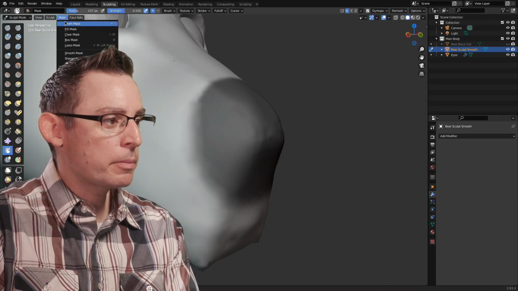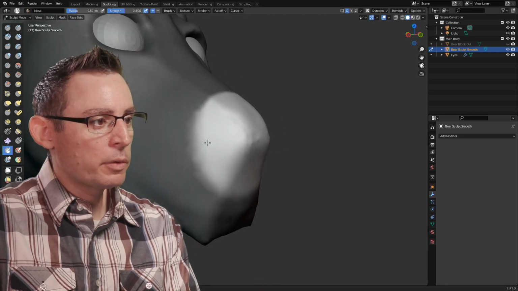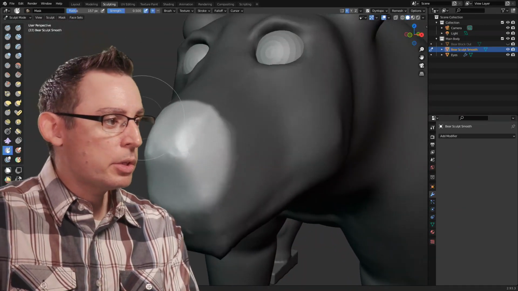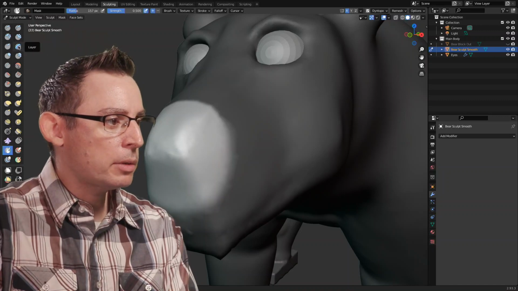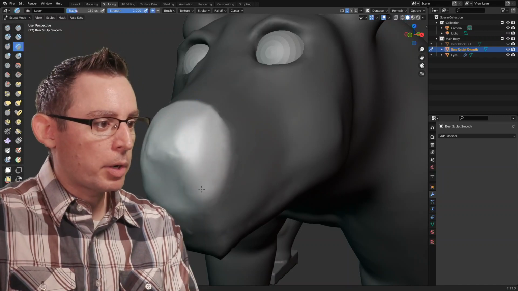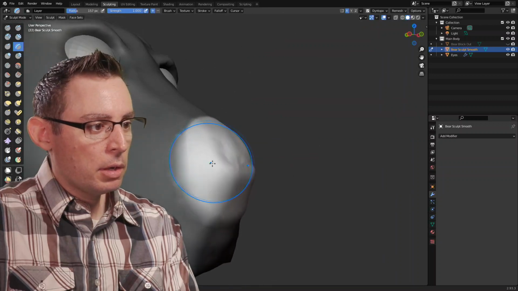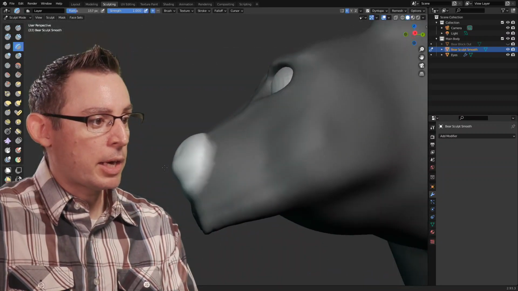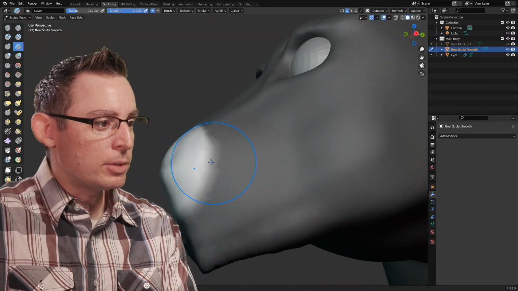Now I want to use this mask to grow this area just by a little bit. Let's invert it. Whatever is black is not going to be influenced by our sculpting tools. So now we can go into, let's do the layer brush. I like the layer brush because it's going to push everything outwards. Okay, that's not at all what I want, but I think you see the idea.